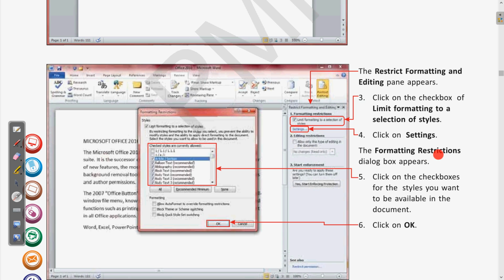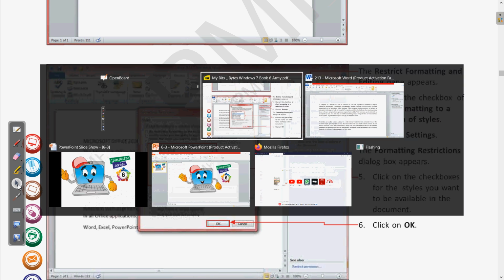Now click on settings. The formatting restrictions dialog box appears. Clear? Click on the checkboxes for the styles you want to be available in the document. Click on OK. Let us try to do these steps in our document as well.